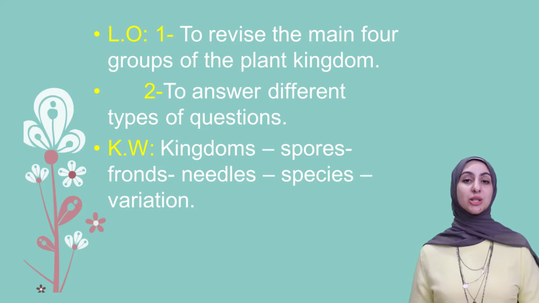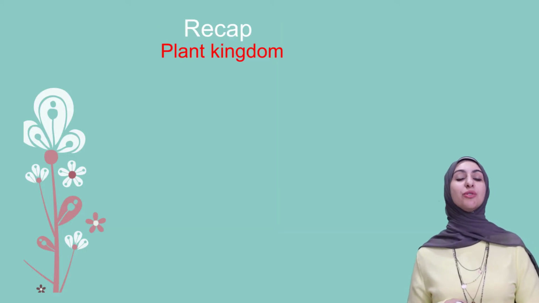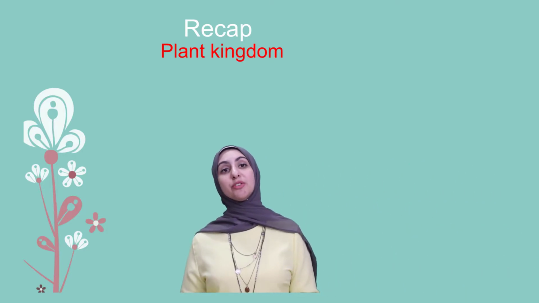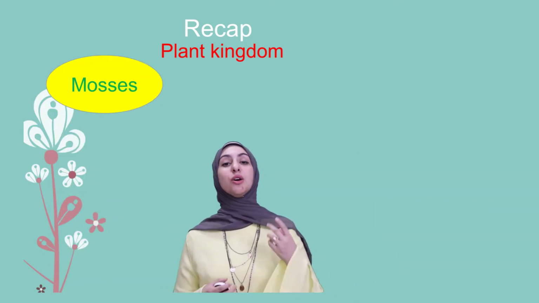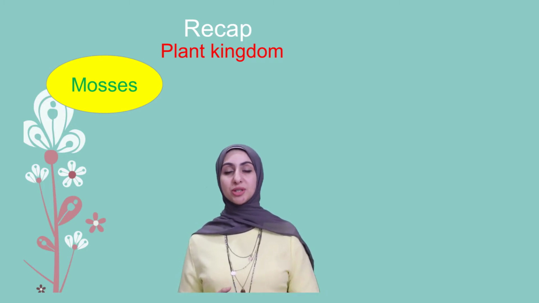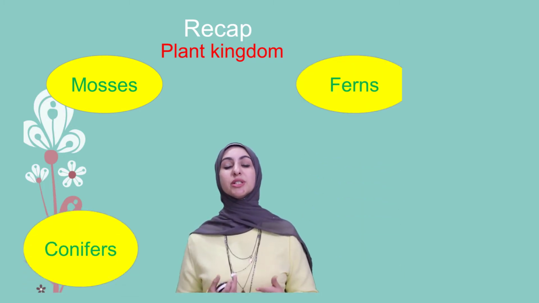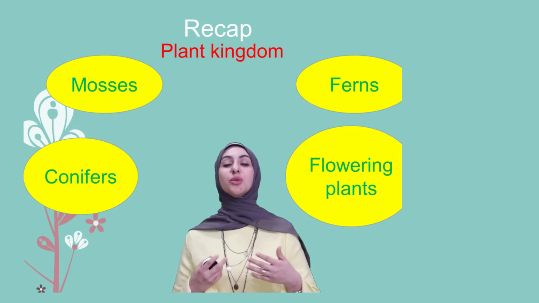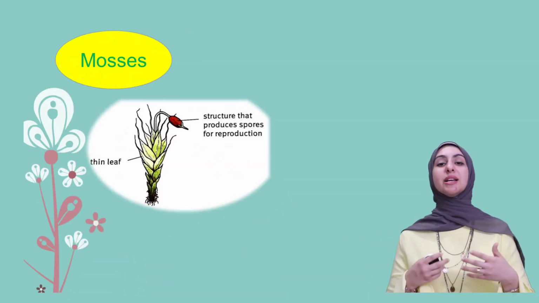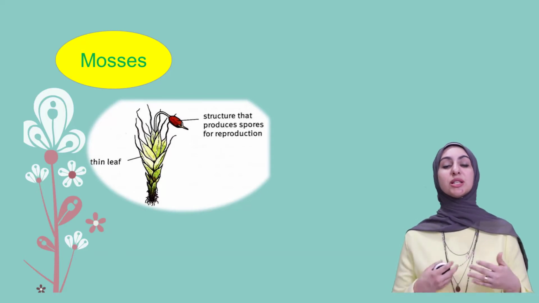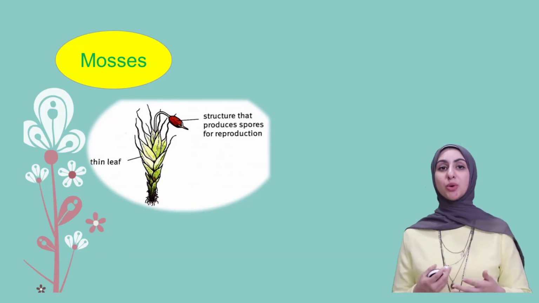Let's begin our lesson today by revising some information from the previous topic. In the previous topic, we talked about the plant kingdom, and we said the plant kingdom has 4 main groups, which are mosses, ferns, conifers, and flowering plants. The first one, mosses, which have thin leaves, and a spore capsule, which is a structure that produces spores for